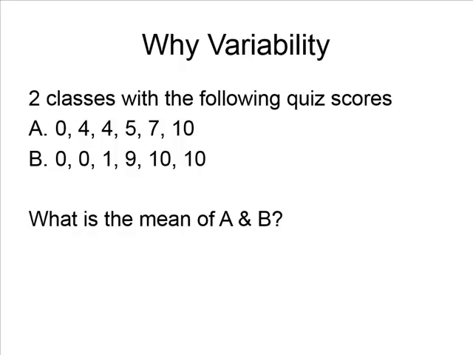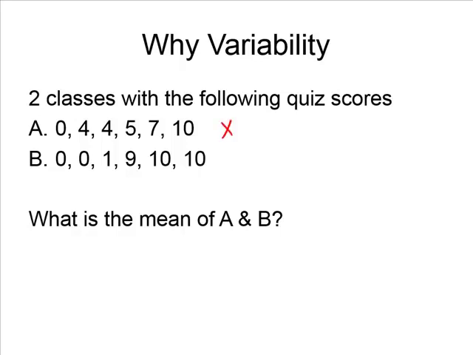Class A, good spread, a little bit here or there. Wish I had more people up in the 7s. Class B, you either got it all or got none of it. Are these two the same classes, performance-wise? No, right? Nowhere near. But if we were to take a measure of central tendency like the mean,